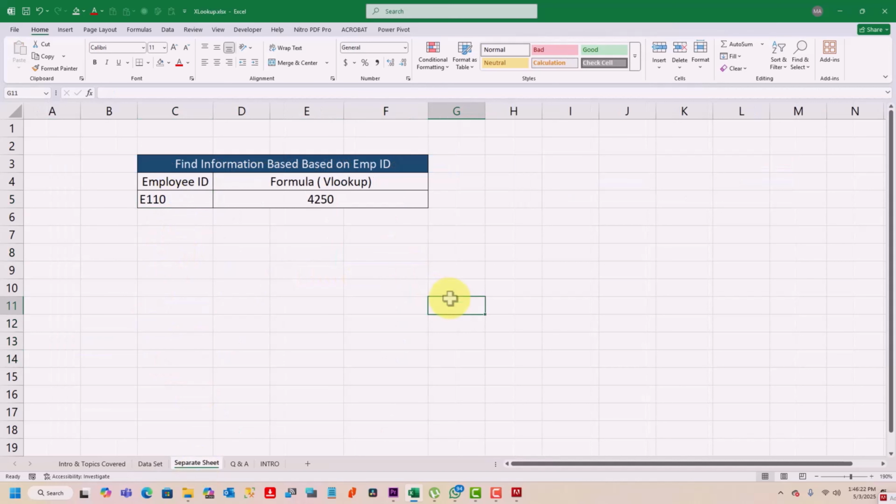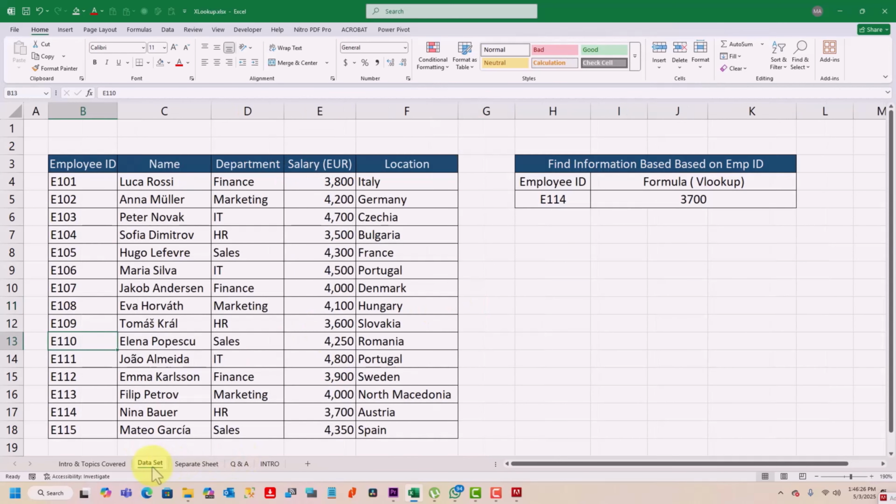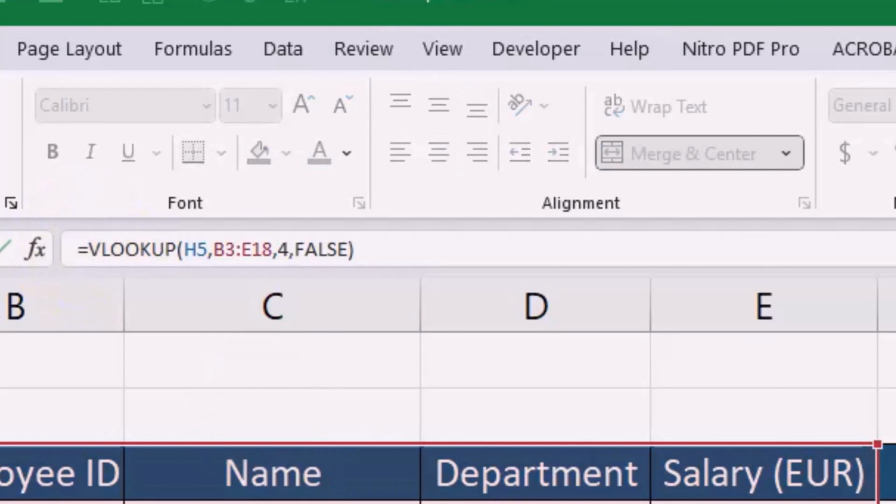Alright, now comes the bonus tip. Let's suppose I am giving an employee number which is not available in our data set and the formula gives you an error. How can we overcome this NA error? Just click on this formula, go to the formula bar, type IFERROR